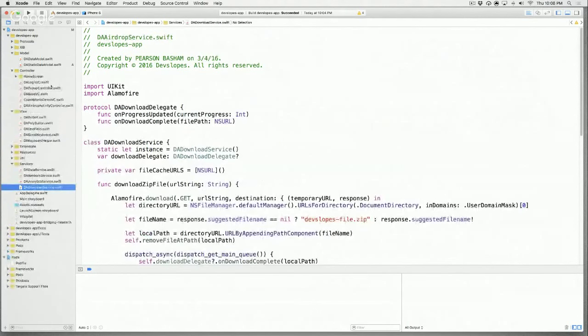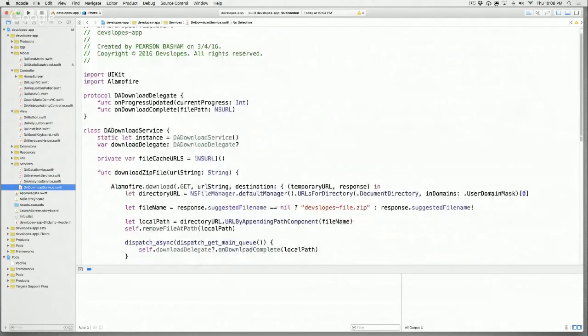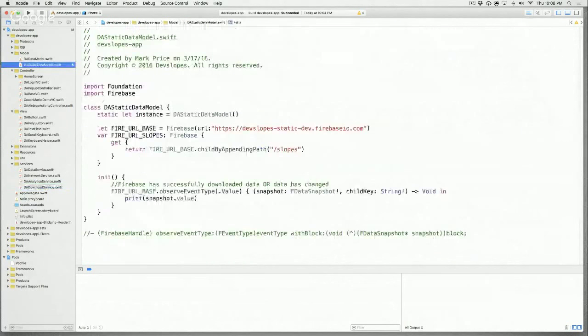So I'm gonna go to my view controller, and we'll just do... So actually, let's not do the init function on our DA static data model. I'm gonna actually call this func test. Okay, and